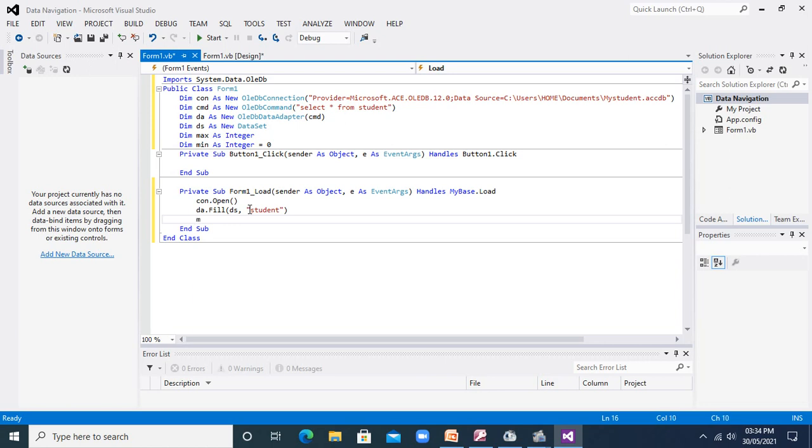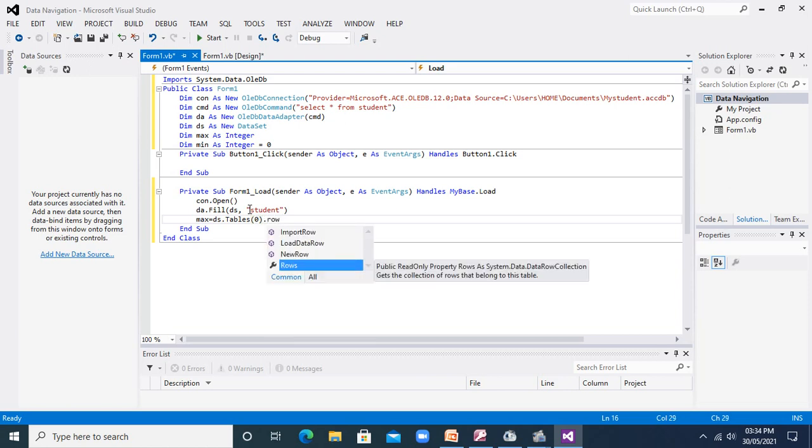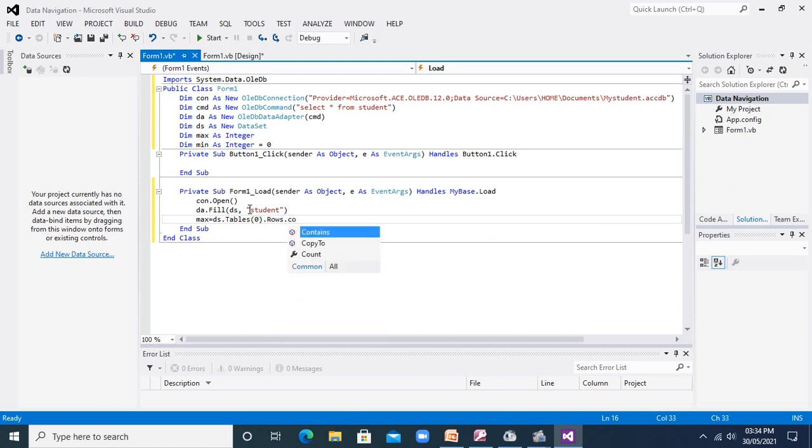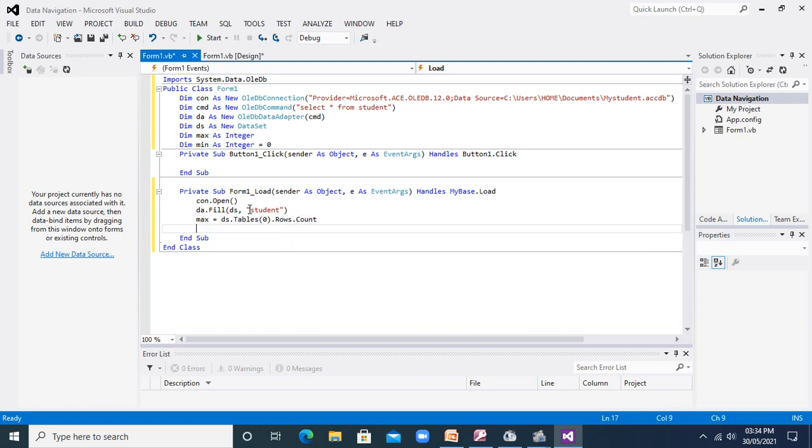For that I will use max is equal to ds.tables(0).rows.count, so that this will give me the maximum value I can get.